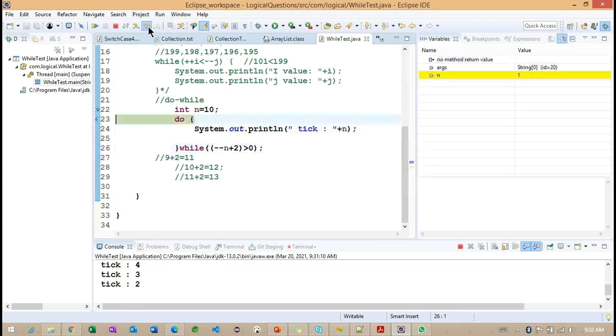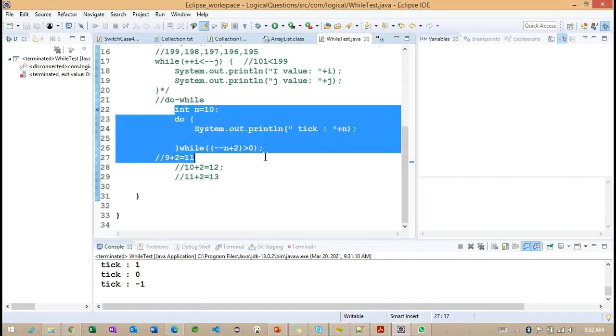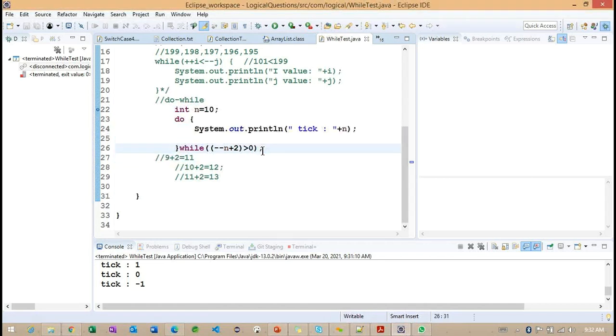So just observe, ignore the condition. So this condition is failed. Does it keep on executing, or does it come out of the loop? It comes out of the loop once the condition is failed here.